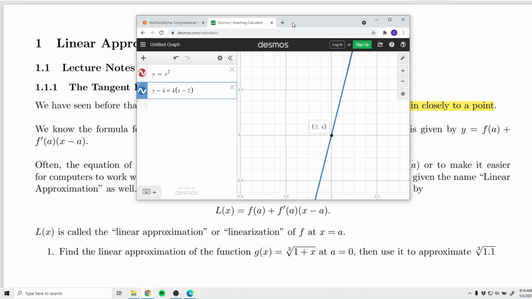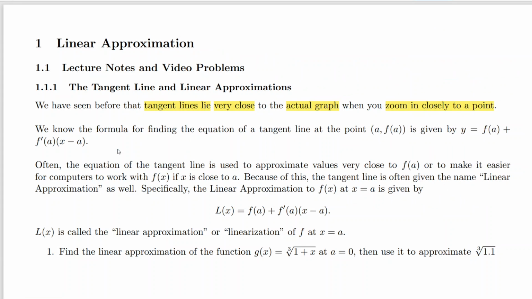So what we're going to be doing in this section, we'll start off. We know how to figure out the equation of a tangent line. What we're going to do is just rewrite it in a way that makes sense, as far as instead of writing y equals, we'll use a function name. And then we'll work with that a little bit, see how we can use it to approximate things. And then in the back half of the section, we'll use a similar related idea called differentials to actually estimate